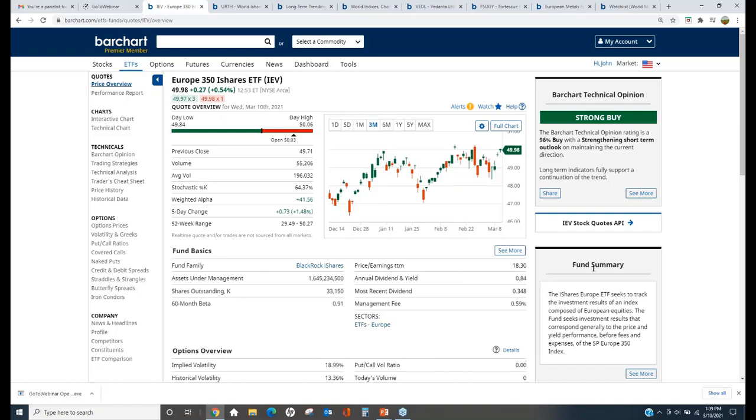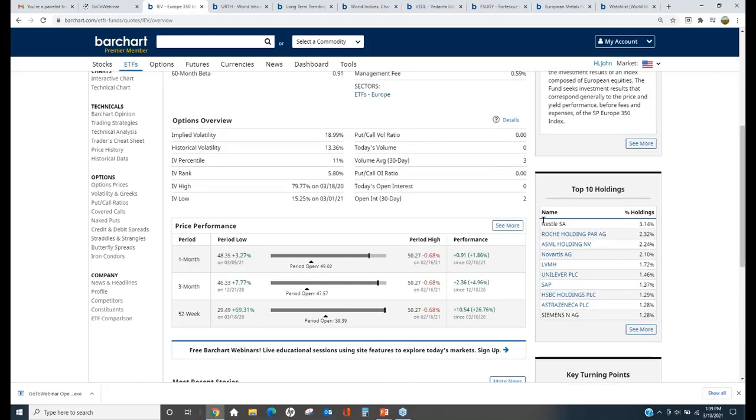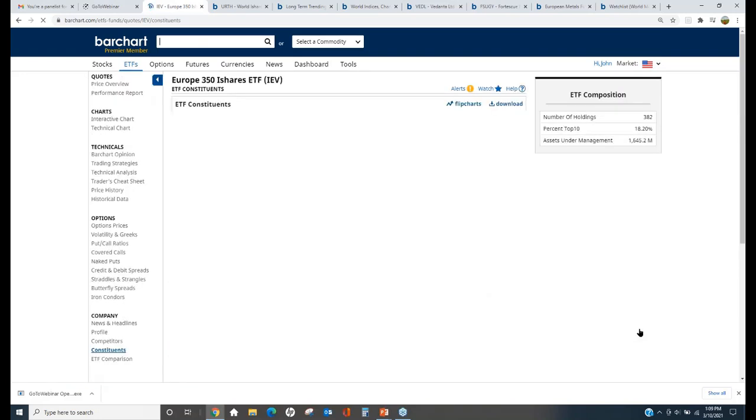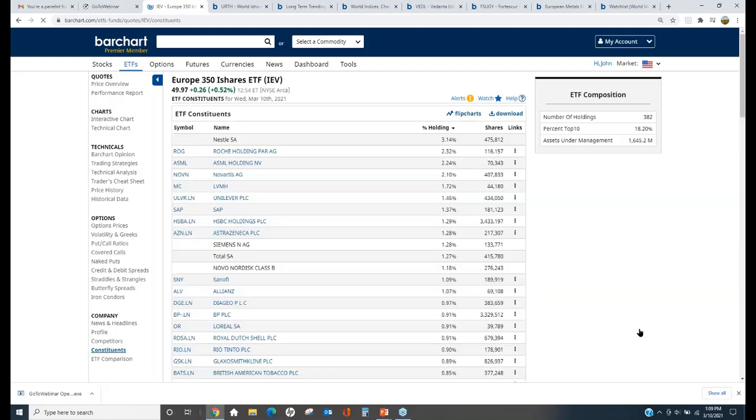the fund itself, right? What fund family it is, what the management fees are, and whether it pays a dividend. And over here the fund summary will tell us what the purpose of this fund is. In this case, this one tracks the European market through indexing, right? So it's also important in our due diligence to look at what holdings the fund has, to make sure that they represent the equities or market region that I want to invest in as I do this global analysis.